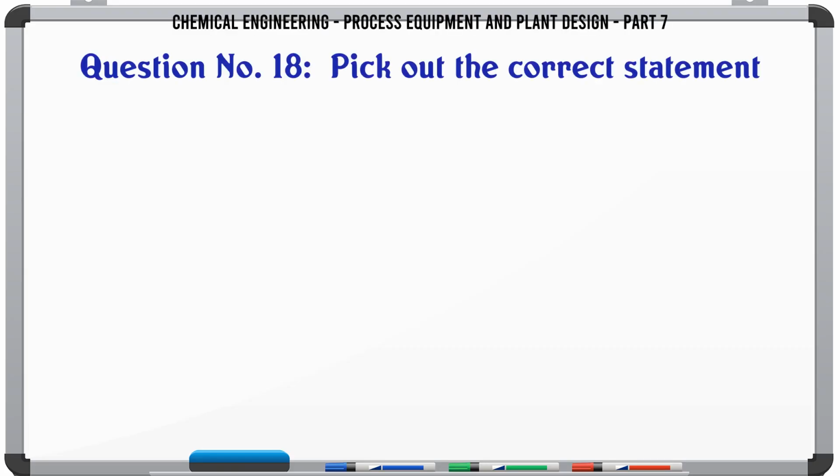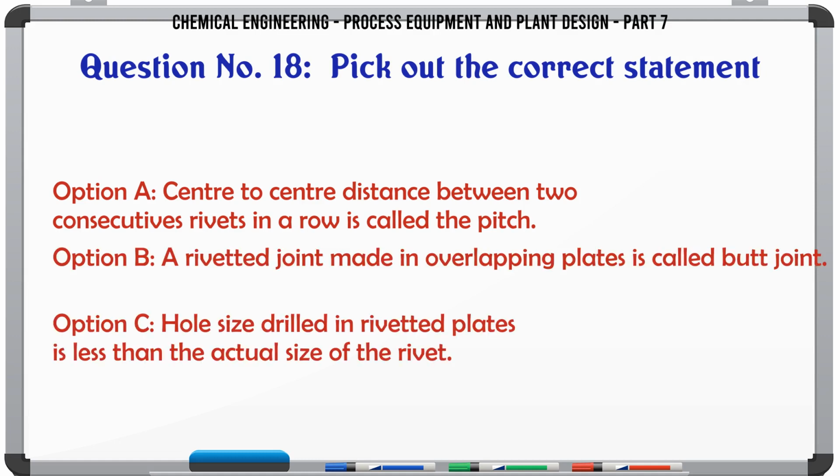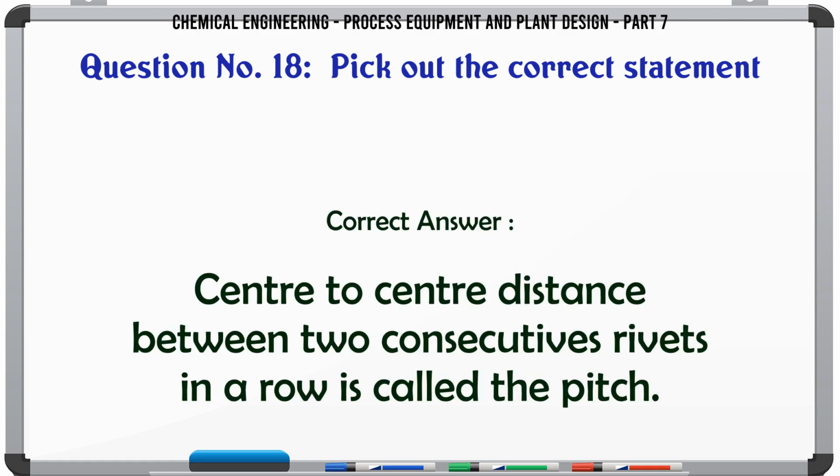Pick out the correct statement. A. Center-to-center distance between two consecutive rivets in a row is called the pitch. B. A riveted joint made in overlapping plates is called butt joint. C. Hole size drilled in riveted plates is less than the actual size of the rivet. D. None of these. The correct answer is center-to-center distance between two consecutive rivets in a row is called the